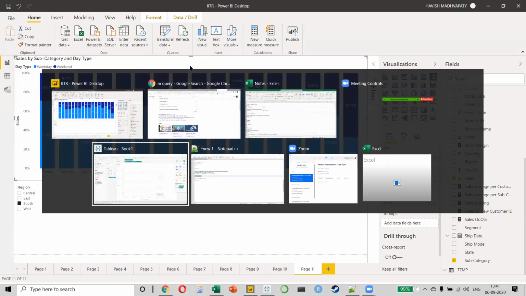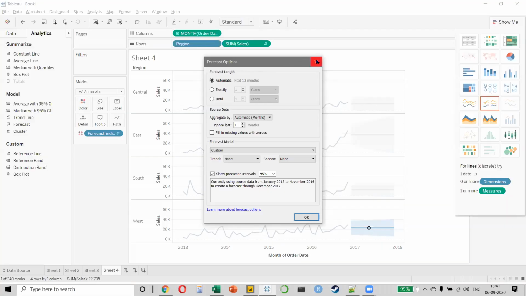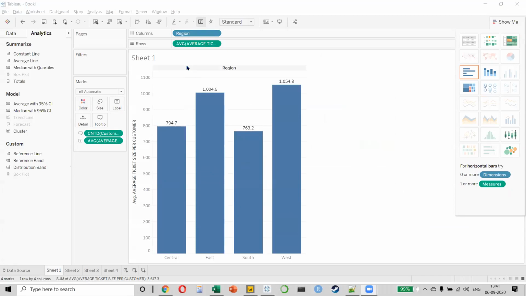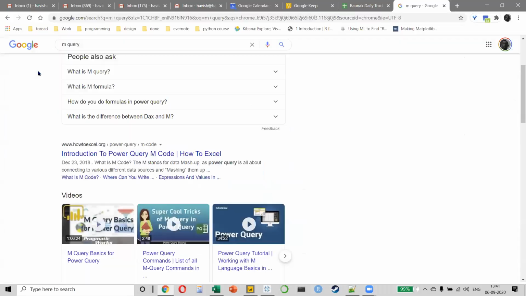My question is, can you do this on Tableau? Can I do that weekend and weekday analysis on Tableau? What do you think? Yes or no? Shradman, what do you think? Anybody who has worked on Tableau? We can, okay? We can, but you know what? It will just be more difficult because, by the way, I don't know how to do it, because I don't do all this on Tableau. I only work on Power BI.